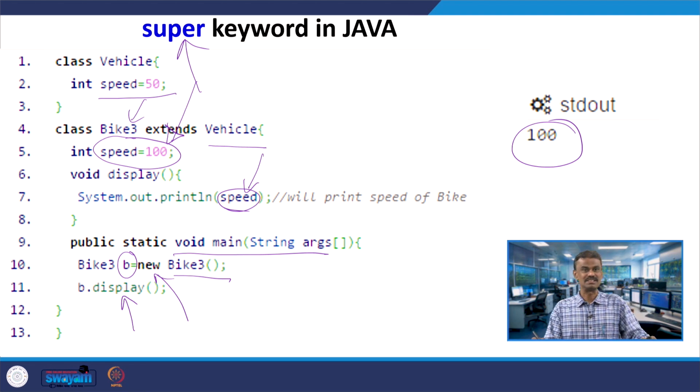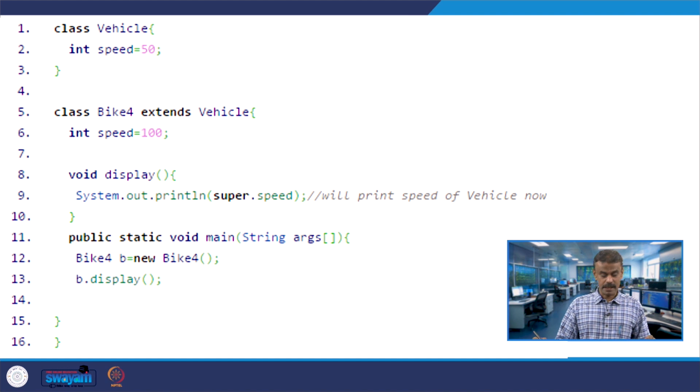Now you may ask the question, you want to print, let us say, speed which is equal to 50. So, what will you do? In that case we are going to use the keyword called super. So, here you go, the same program. I just changed the name to Bike4, Vehicle is the super class, Bike4 is a subclass which is extending Vehicle, speed is equal to 100.